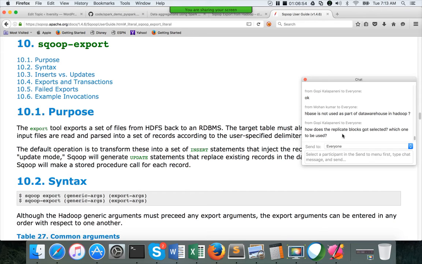So for example, if there are 2 nodes and one node is completely busy with no resources, but it has the data which is required to be processed by a subsequent job, when the subsequent job is forked on the second node, even though it does not have the data and is compromising data locality, the aim is to complete the processing as quickly as possible. It will perform the network IO and get the blocks from the other nodes, and then it will process the data. So it will use the internal features of MapReduce itself.